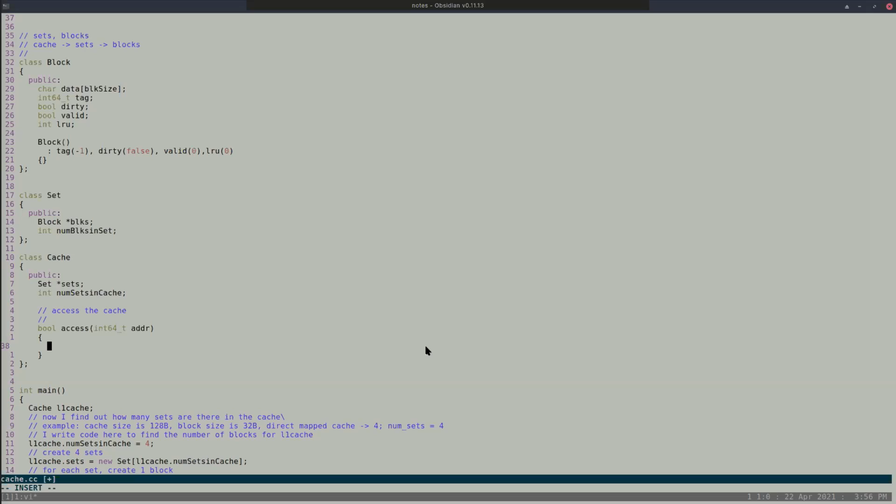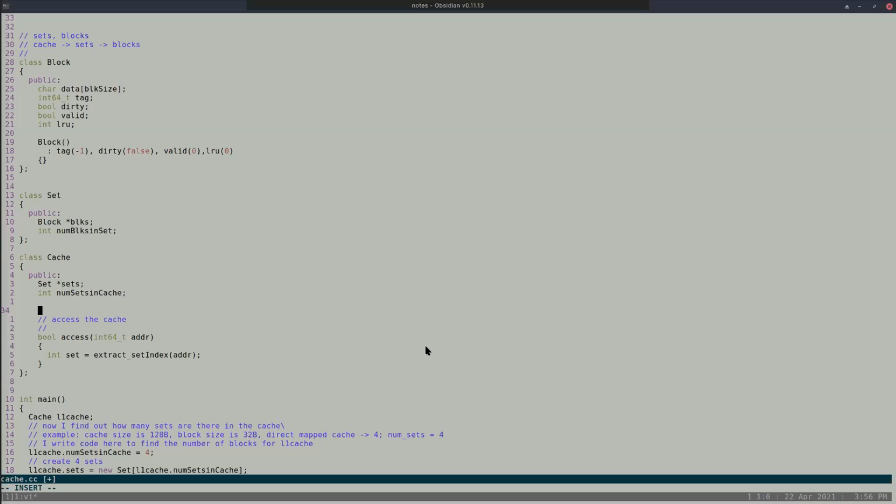If you remember, I had an address. I split it into tag, index, and offset. I use the index bits to go to a particular set. So maybe this is my set: extract set index, extract the set index from the address. I should have that function here. I don't know how you will write this function; it's up to you. Maybe you have to do some kind of bit manipulation or whatever. So this function should already be there, which will return me